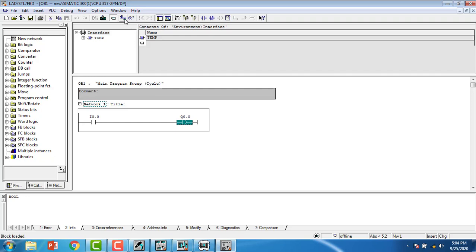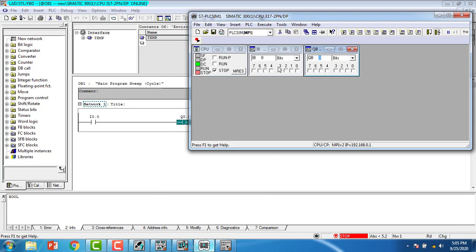It is downloaded. So we have to establish the connection with the CPU. It is in the run mode. We have established the communication. Here I can see the monitor mode on. This is the monitor mode. The pale green color shows the window is in the monitoring mode. Currently the controller is in the stop mode, which is displaying here. So I have to turn it on by taking the simulator window.